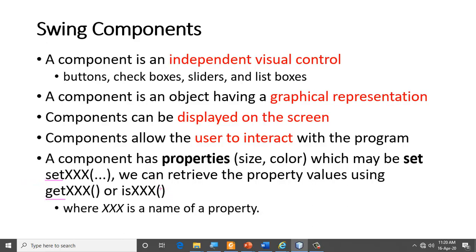Now there is one other thing. I can ask a question, what is the color of the background? Now if you have a checkbox here, and I want to know whether this is checked or not, then my answer will be either true or false. So I can say either the checkbox is checked or it is unchecked. In that case, for a Boolean, we use a different method, and that method starts with is.